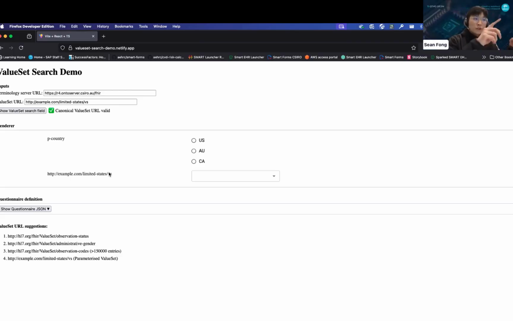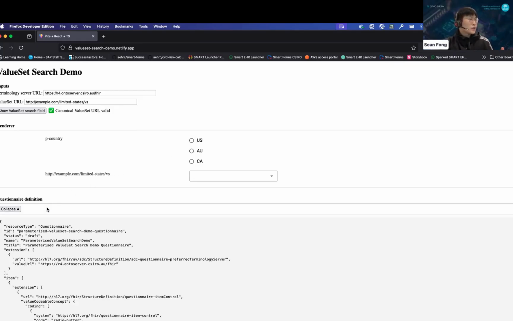Say that, oh, this one has US, and then the next one has US as well. So US is obviously one of the properties. It goes through all of them and it finds US, AU, CA. Now that the app has this information, it turns these three properties into answer option values, which you can actually